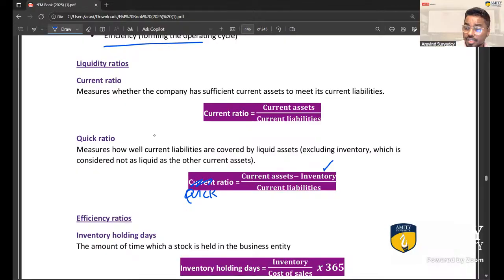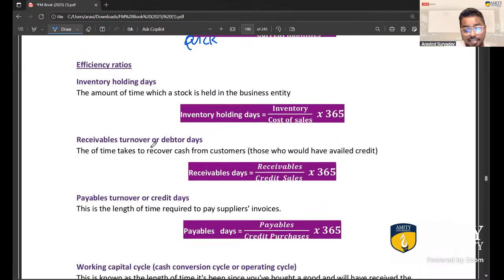Now, there are some efficiency ratios also which help us calculate the inventory days, receivable days, payable days, and such. So, inventory days are calculated by taking inventory, dividing it by the cost of sales, multiplied by 365. Now, when I say take inventory, the best is an average balance, of course. But for the sake of our calculations, we will be using the year-end balance. This is what investors also use because that is what is easily available to us in the financial statements. So we assume that the level of inventory is whatever it is at the year end. That is the average level of inventory. We assume that.